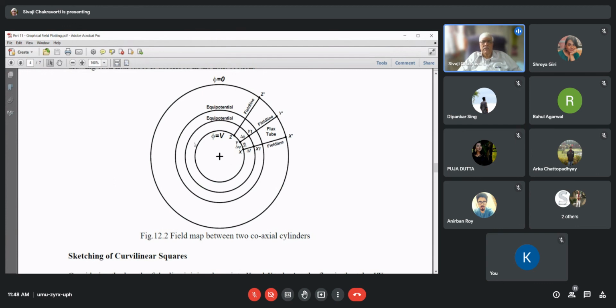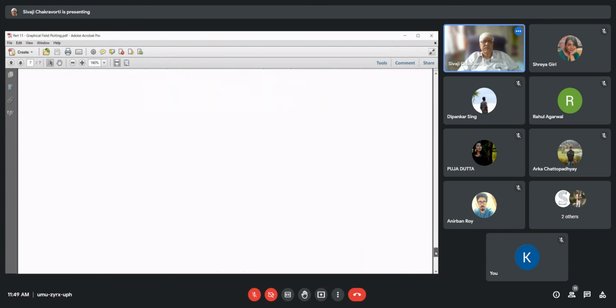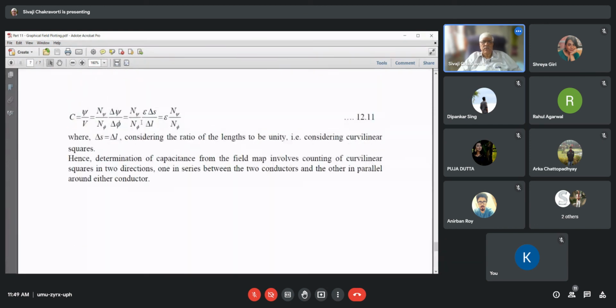But you count the flux tubes, how many along the equipotential. Then you move along the field lines and count how many rectangles there are. In this way, you calculate n psi along the equipotential and n phi along the field line. Take the simple ratio of n phi and n psi, which are two numbers obtained from the field map,